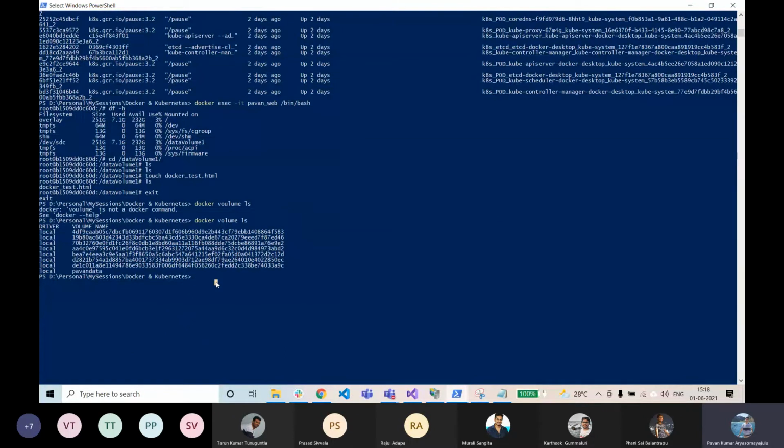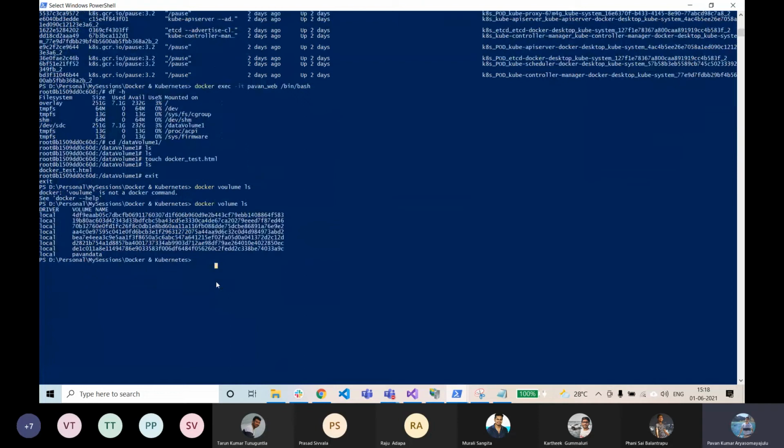But still, we can use anonymous volumes in another way. How we can make use of these anonymous volumes is with another command.